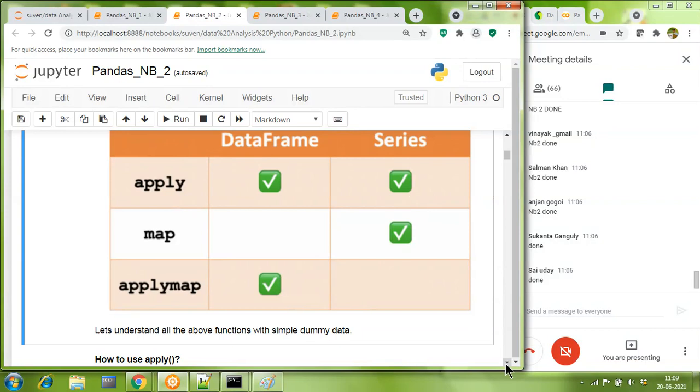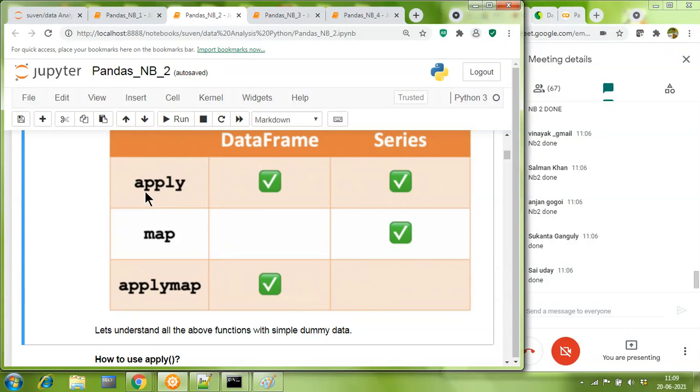Now, what is the role of them? It's very simple, friends. If you want to apply some processing function over every value of your data frame or your series, see my English words. I said, if you want to apply a processing function to every value in the data frame or series, you would use the apply function.